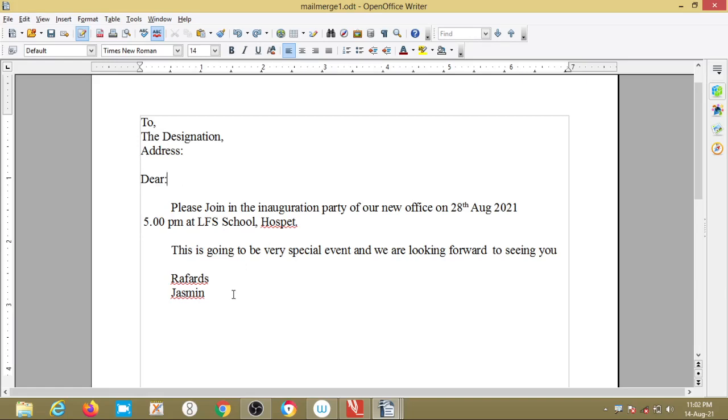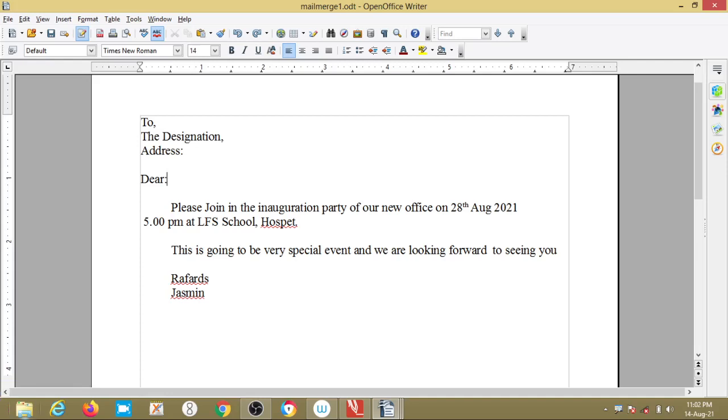The first one, creating the data source, is over, then we have added merge fields into the main document also. Now we have to link the data source. How will we link the data source which I have written in Excel to this Writer?